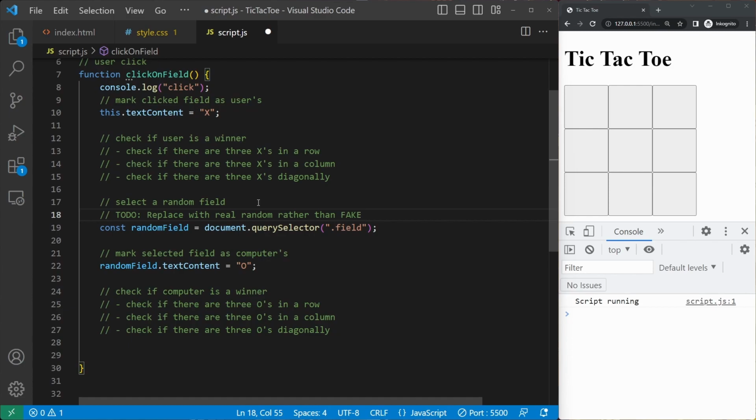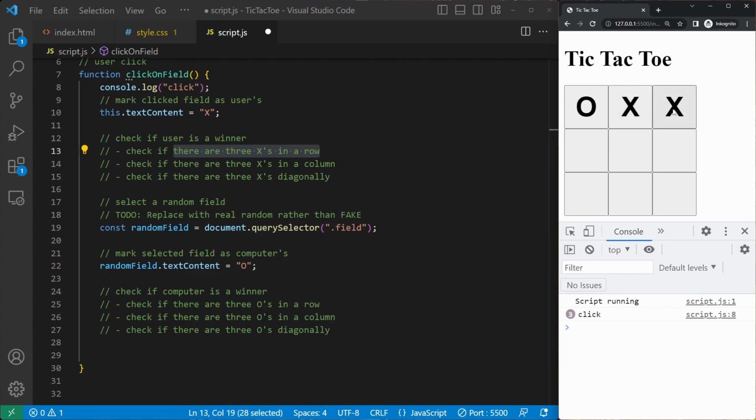And then I think say, okay, if I am going to check if there is a winner, I'm going to check if there's 3 X's in a row. So I can check the first row here. What? Oh, yeah, I can't do that because the computer would always select that one. So I can never win. I need to make this a real random.